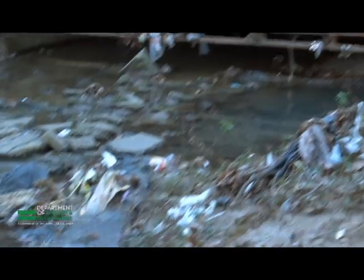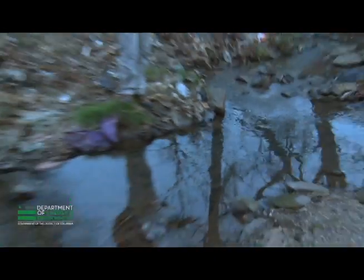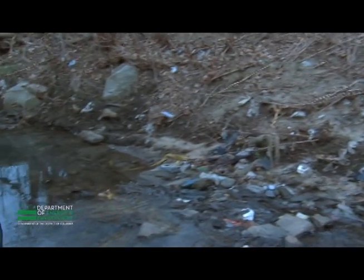And so upstream of where we're standing, we're going to put a trash trap, a floating trash trap that will catch a lot of the trash that comes out of the outfall where this water comes from. So hopefully the trash that you see downstream of us, once this project is complete, will no longer be here,